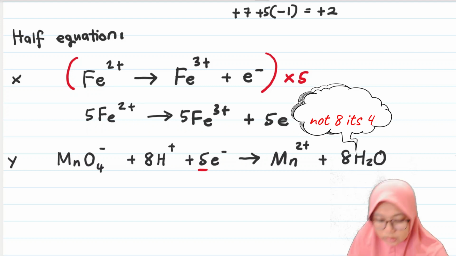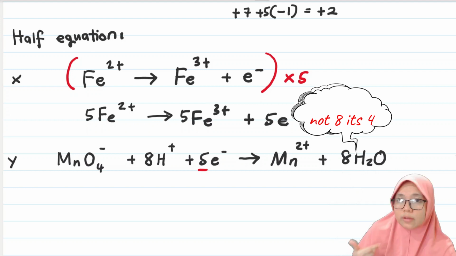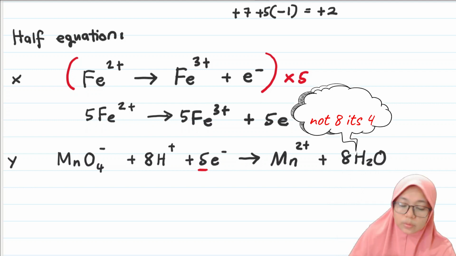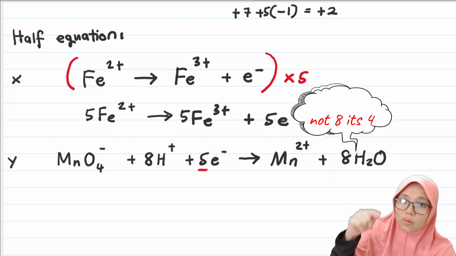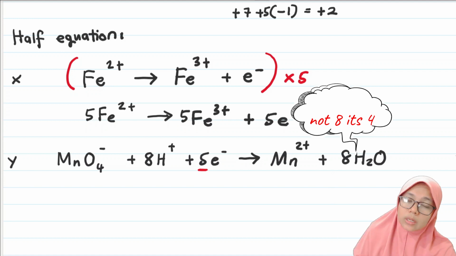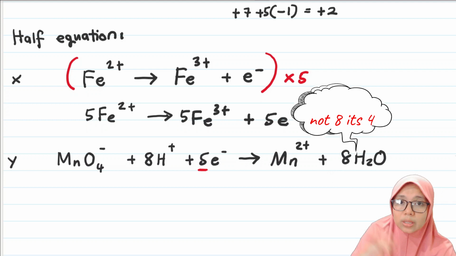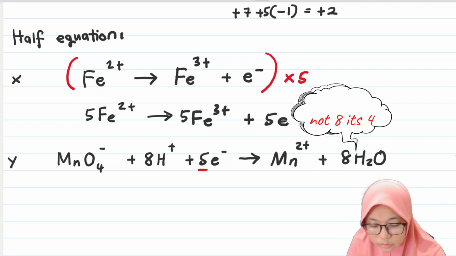So during this reaction, when I have 5 iron 2 plus, it will release 5 electrons, and the 5 electrons will be transferred through the external circuit, the wire. They will go through the galvanometer, deflect the galvanometer and come to electrode Y. The manganese ion will accept these 5 electrons and form